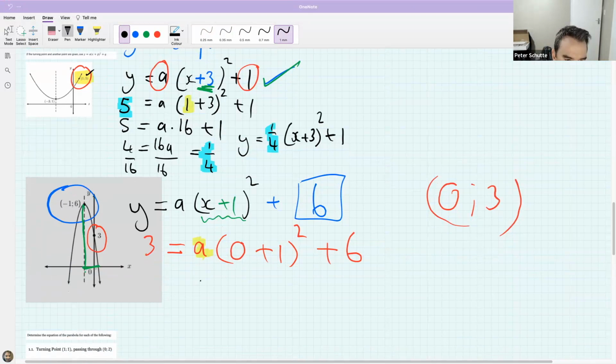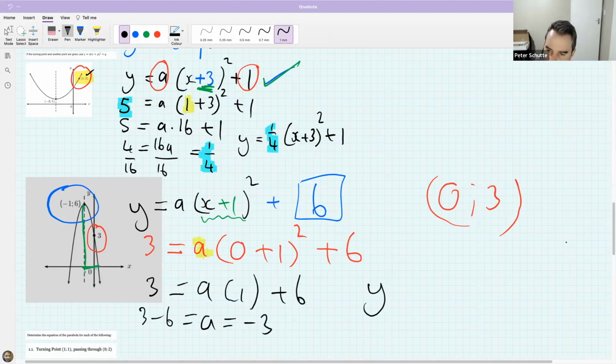So A is -3. So the final equation of the graph is going to be y = -3(x + 1)² + 6. Now, it was asked by Kat, what if you want to change this into standard form? It takes a bit of effort, but you can do it. All you need to do